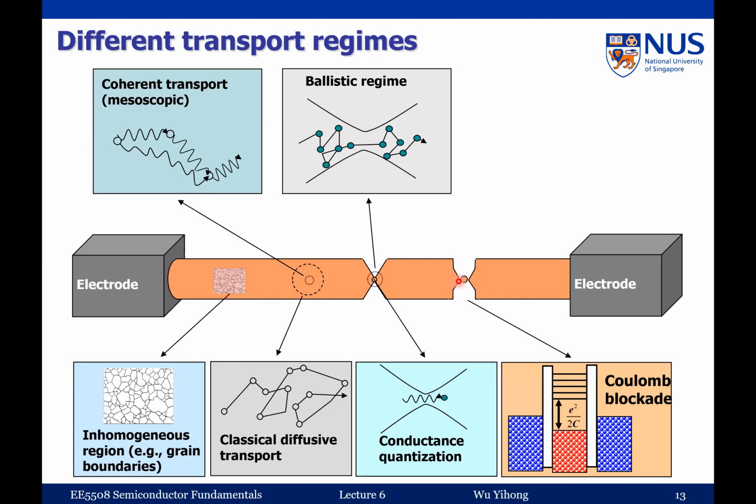Now you move further. You can completely cut this portion and also this portion, but in between you leave a very small island. In this case, you'll see something we call Coulomb blockade. What happens is that the small island in between forms a capacitor, right? So it has a very small capacitance. If you want to charge this very small capacitor and you put one charge there,